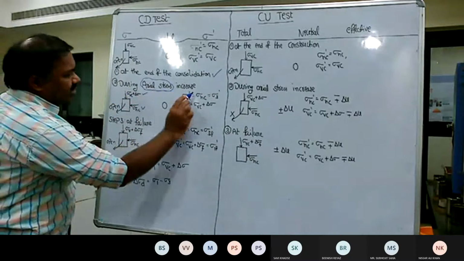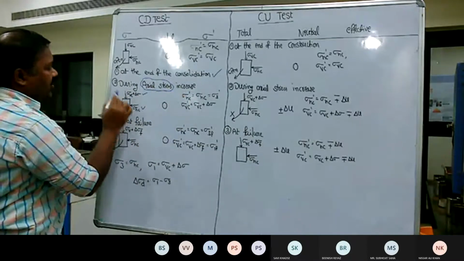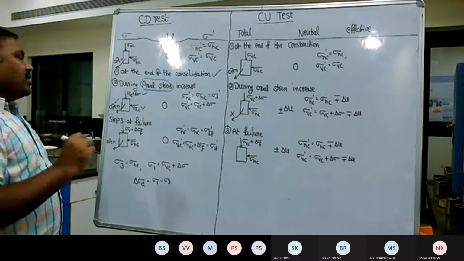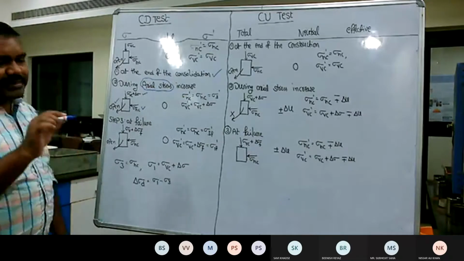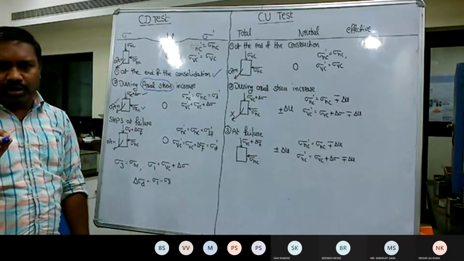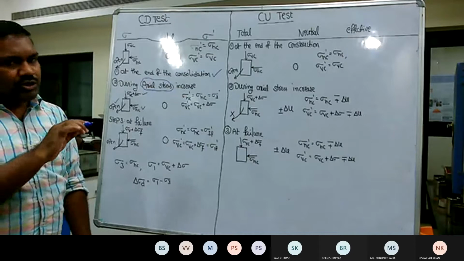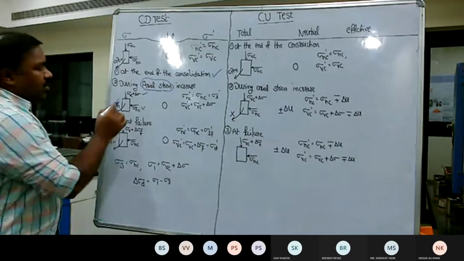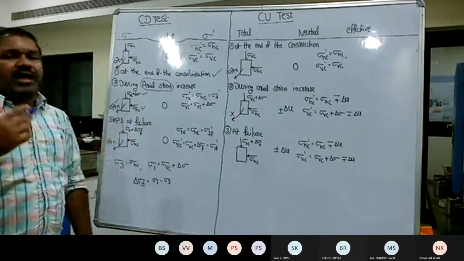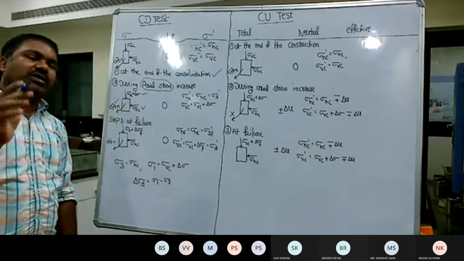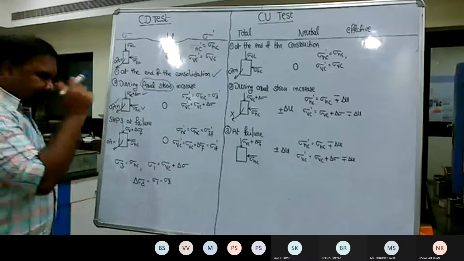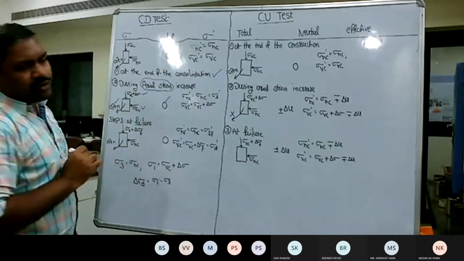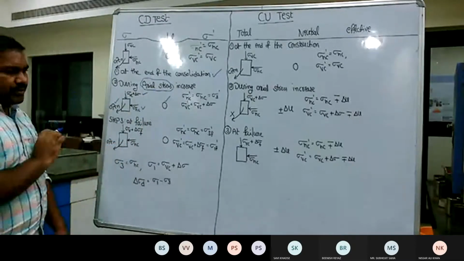Since during the axial stress also, as the drainage valve is open, this opening facilitates dissipation of the excess pore water pressure, so therefore there is no accumulation of pore water pressure within the soil sample. The moment you apply the load, so does the dissipation of the pore water pressure. So therefore the U component becomes 0 as the valve is open.